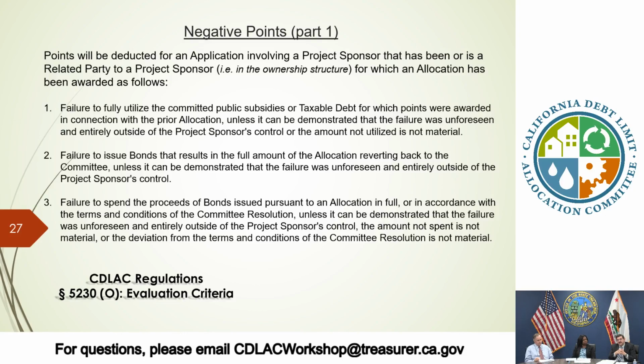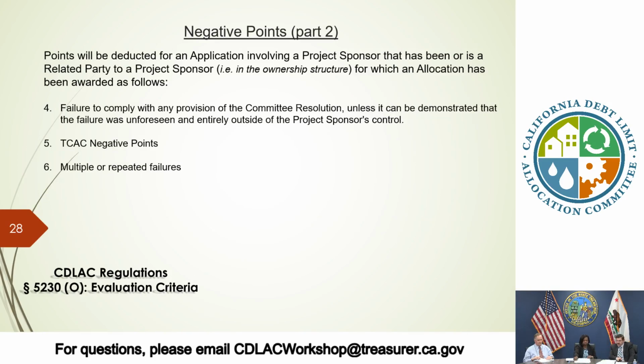Another thing to note is we are looking for, when you come for an appeal or if you have a concern, we do want to see that the circumstances are unforeseen and beyond the project sponsor's control. That's pretty major. That's one thing we look for when considering any appeal from negative points. The other thing to note for negative points is we can also issue negative points for failing to comply with the resolution